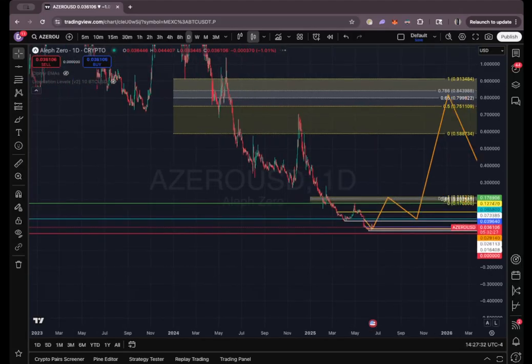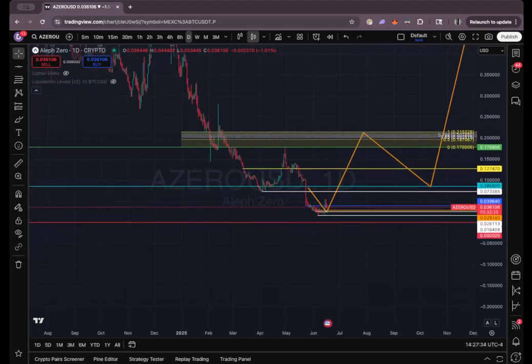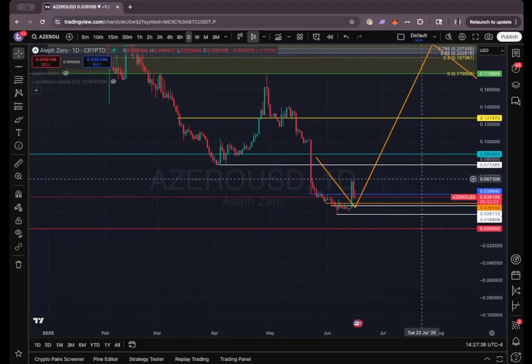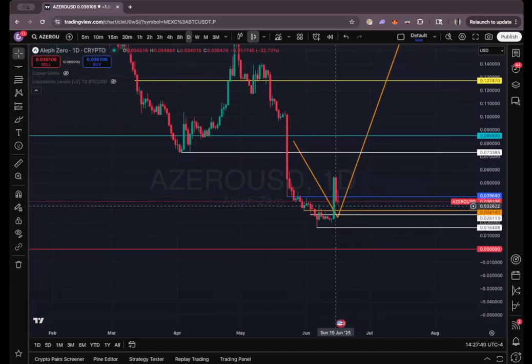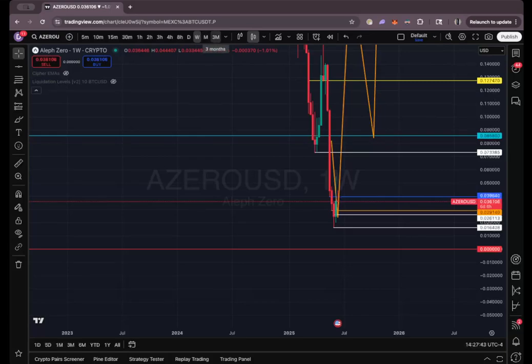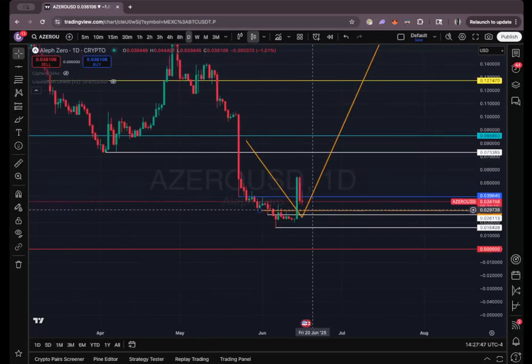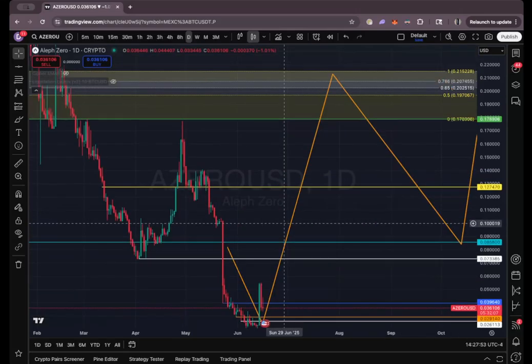The stars are aligning, guys. So all we need is this daily, right? If this daily can't make it past underneath orange in the next 6 days, we have 6 days left to make it under orange. If we can't make it under orange, I'm adding more. I'm going to go to 20% on 10x, because all that's going to happen is it's going to confirm the